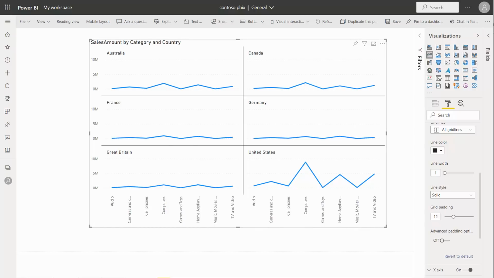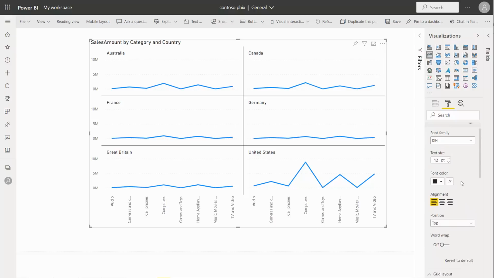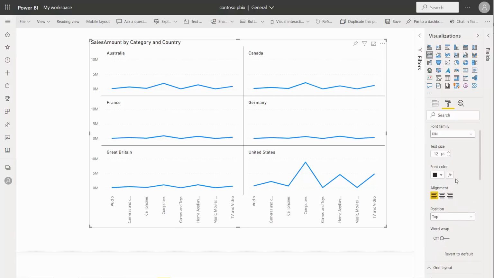The second thing that we've done this month is that we've also added conditional formatting to small multiples titles and background colors. So now if we look in the grid layout option here, we have the FX button next to the background color now, and the same thing you can see for small multiples titles. Now we have FX colors for font titles, and with this you can use your small multiples titles and backgrounds to assist in communicating important aspects of your data.